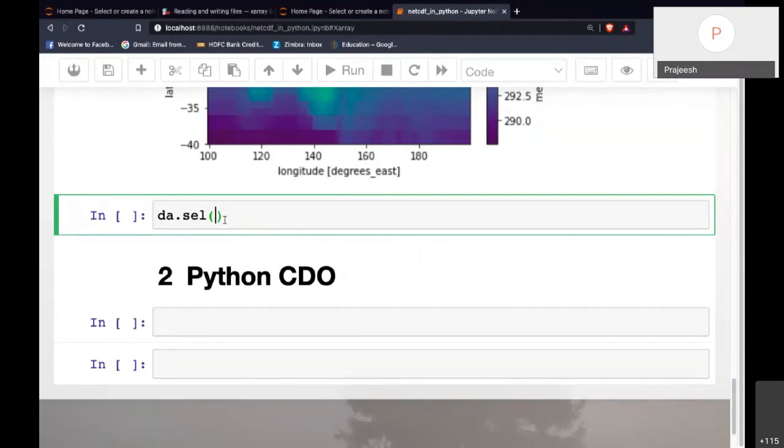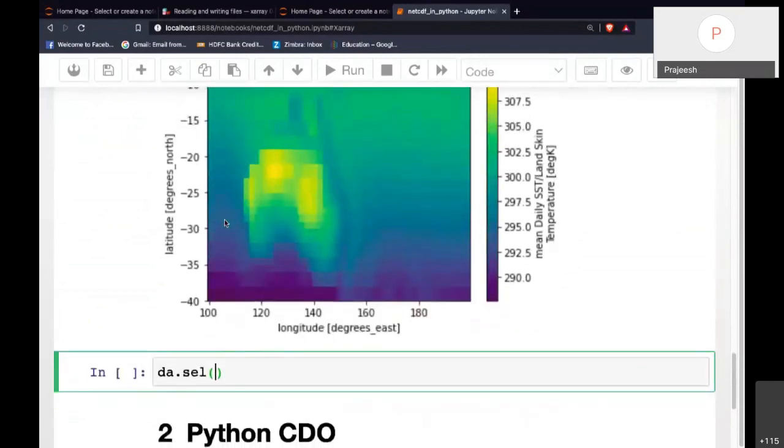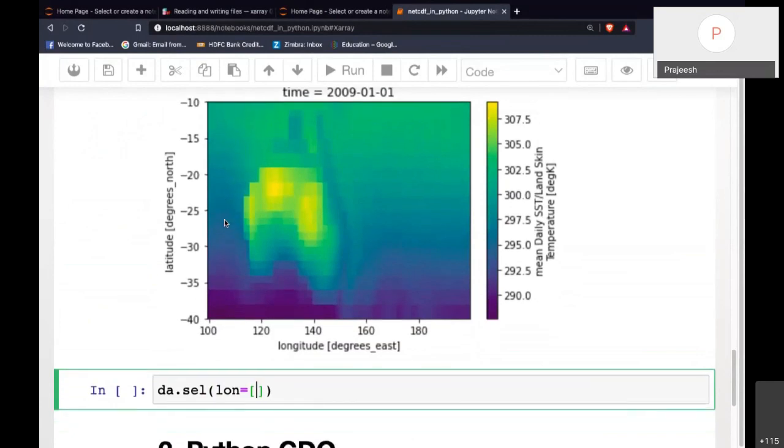Then you give the coordinate name, longitude, and you can use another one, latitude, and give me the 0th latitude.